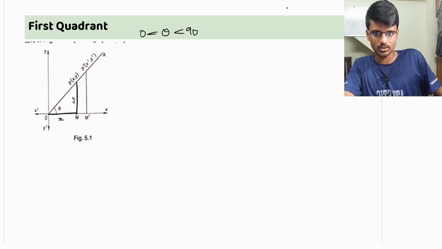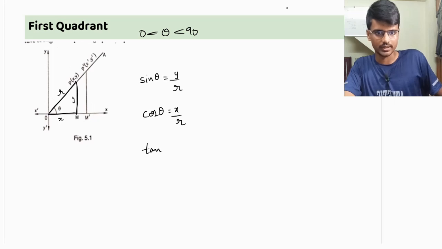If I define this OP as r, then sine theta will be y by r, cos theta is x by r, tan theta is y by x, cosec theta is equal to r by y, sec theta is equal to r by x, and cot theta is equal to